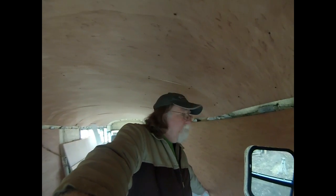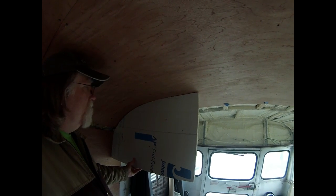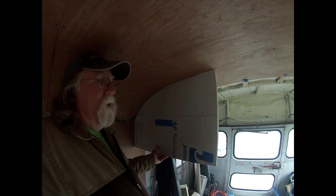I tried using a piece of scrap 1/4 inch plywood, and that didn't work out so well. It's hard to get this trimmed down, so I had some foam left over from the floor. So what I did was I cut it to fit the curve, and I'm going to use this as a template for each of the uprights. I need 2 for each bed,